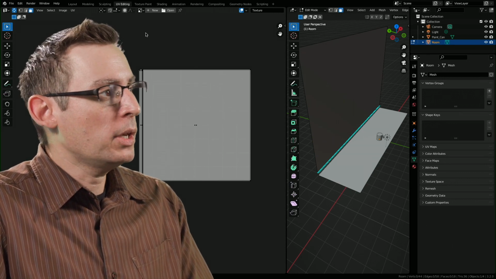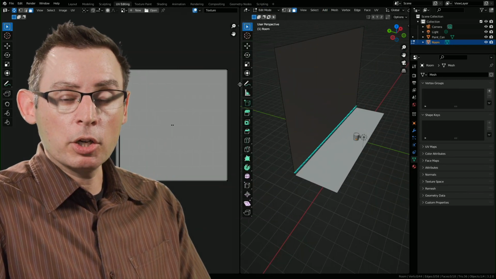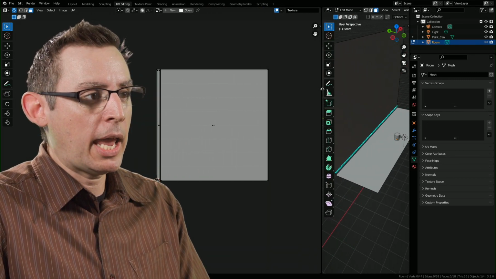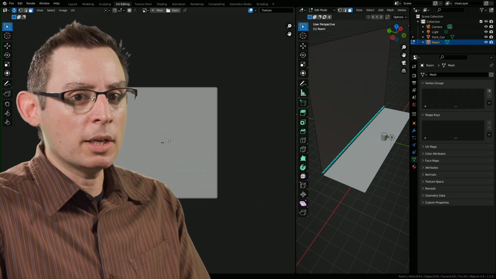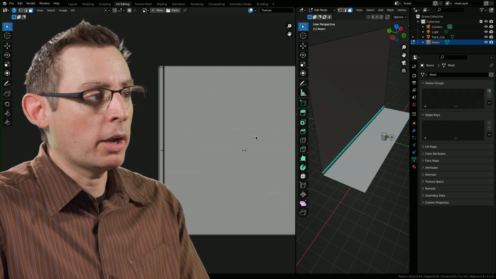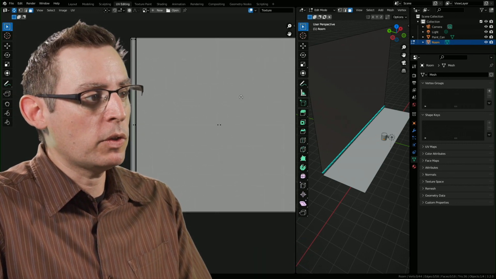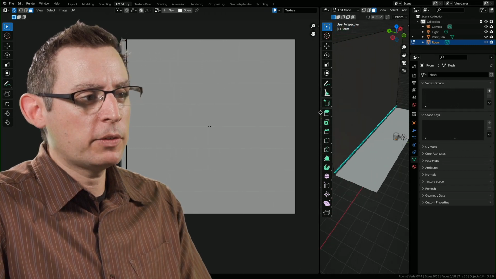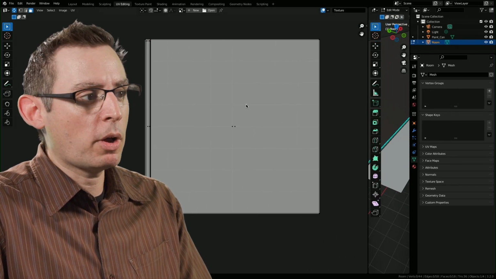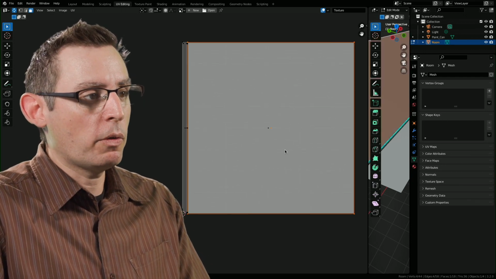Okay, so the next part of our interface is this center divider. You want to keep this center divider handy, or be aware that you can change its orientation, because this grid is going to be our primary work area. We have some tools, but for the most part, we're going to be moving, rotating, and scaling our UVs. This is our primary work environment. So I often dock the 3D viewport off to the side so I can make a nice big work environment for all of our UVs.